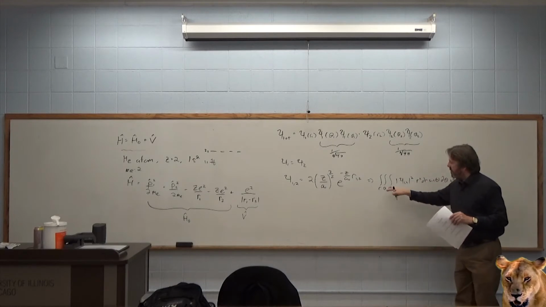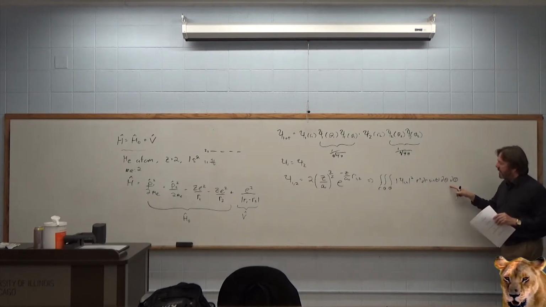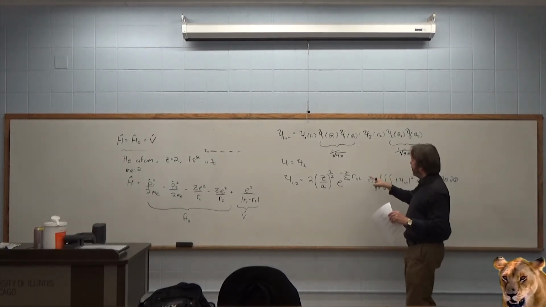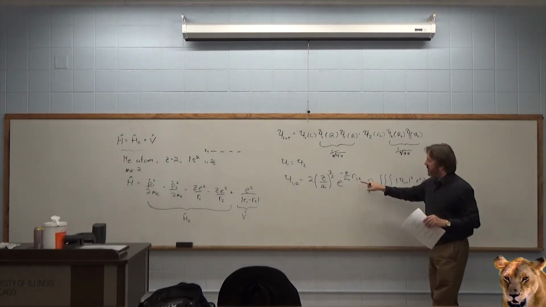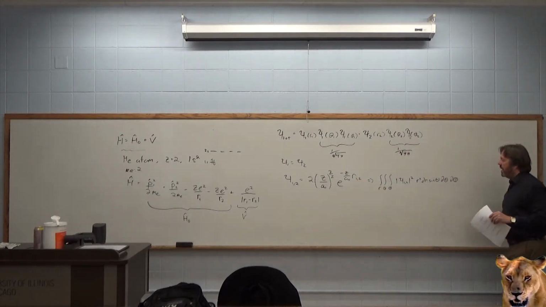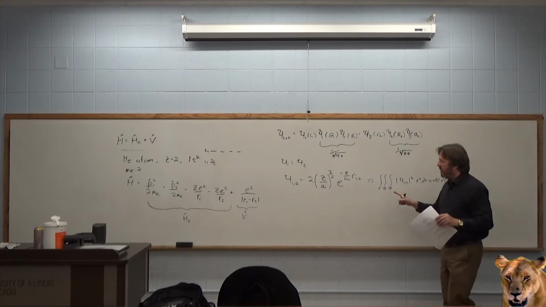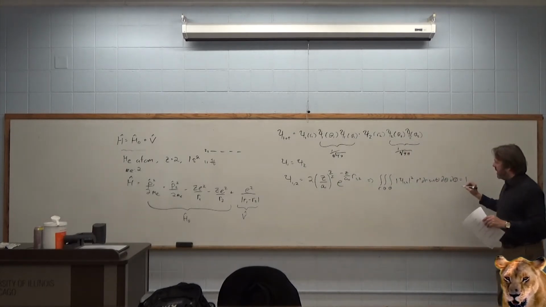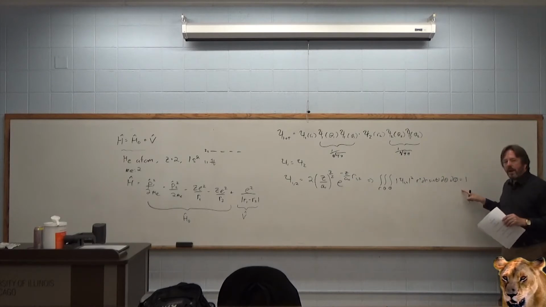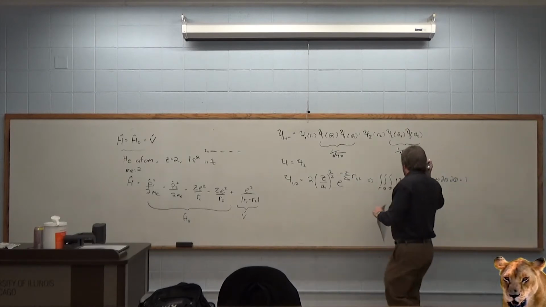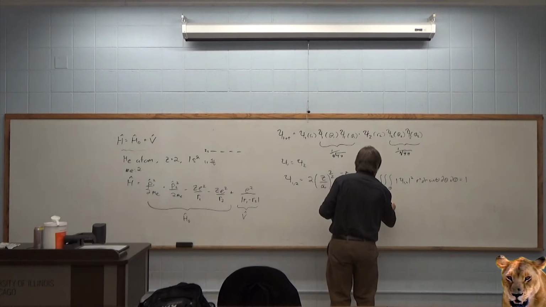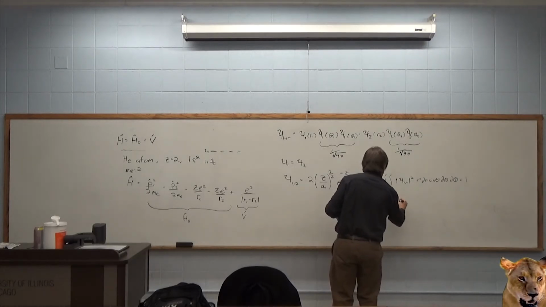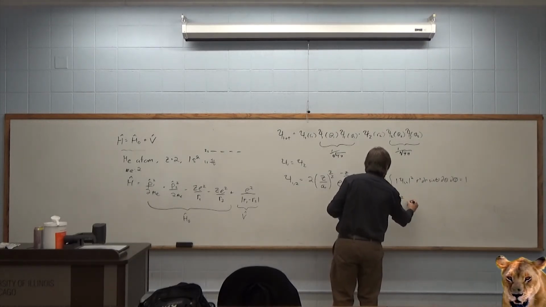Okay, I believe I put this in this form, and so you would need to have this 1 over square root of 4 pi there as well. So you have to be careful when you look these up, because this is the correct statement for normalization, but you could also do it this way too. Because, especially for S states,